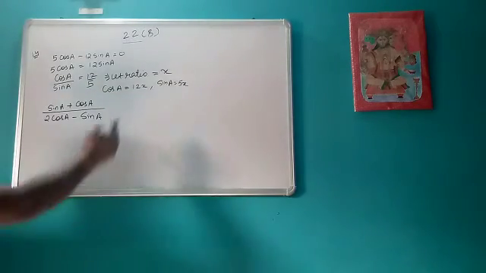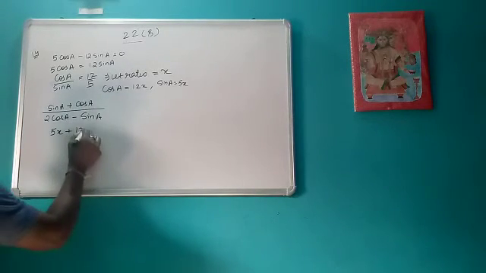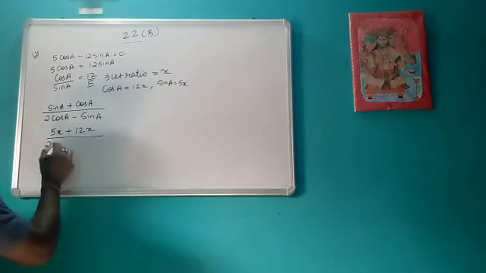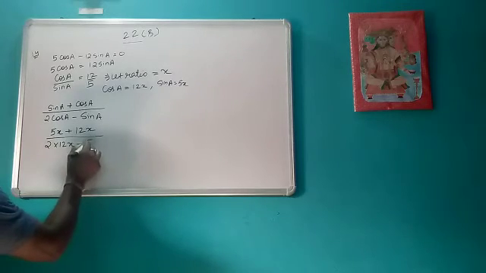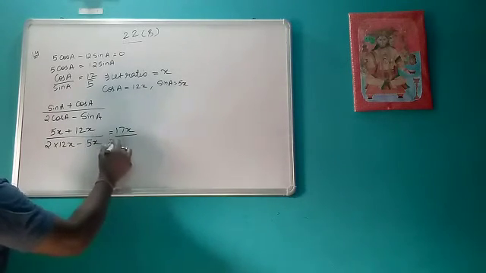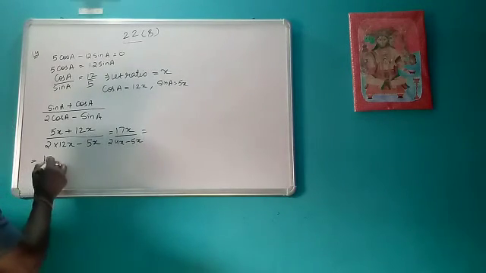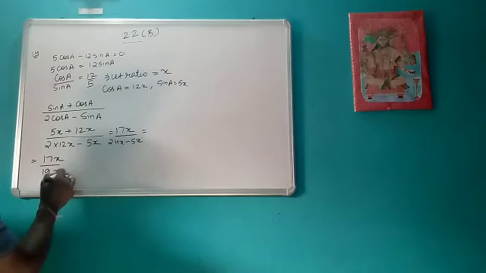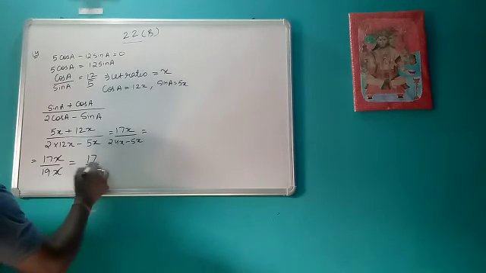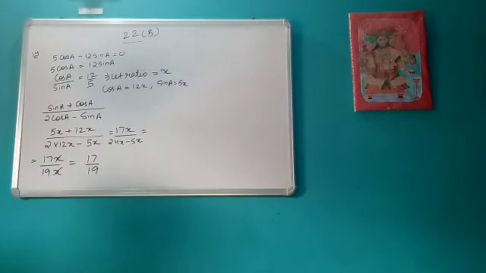Then put the values. What is sin A? 5x. What is cos A? 12x upon 2 into 12x minus 5x. So it is 17x upon 24x minus 5x, or 17x upon 19x, and cancel. You will get 17 upon 19. Okay. This is how you can solve the questions likes of this, which are given like this.